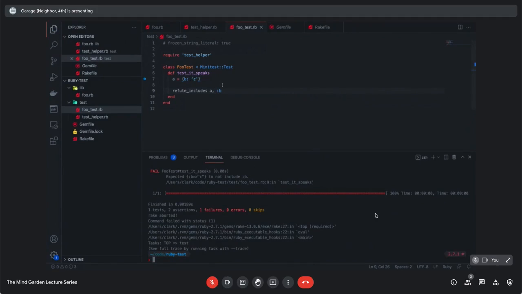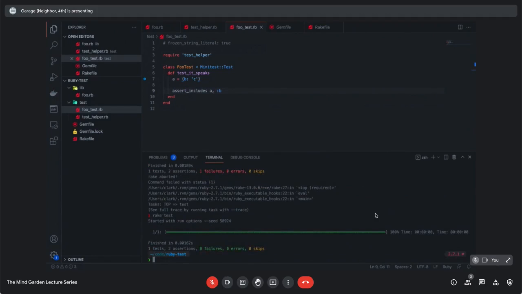Pretty sure you can do this. Yeah, so here you can check this hash. I don't want it to have this key in it. Or maybe I did. I want to make sure that whatever object or hash I have has all the keys I expected it to have. You could run it through a list of keys, and on each of those, make sure that the keys include that, or just say the hash includes it, and it will look by default in the keys, because this is just anything that responds to includes. And so there are a lot of them. There are ones that are helpful for common things, like array inclusion or